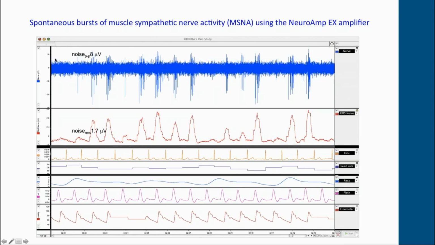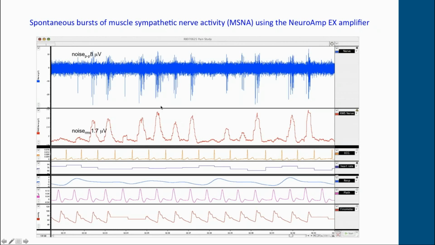It is a very, very low noise amplifier, and you can see here that the peak-to-peak noise is 8 microvolts. If we look at the root mean square process, this is a root mean square moving average with a time constant of 200 milliseconds. You can see that the noise level is below 2 microvolts. It is very hard to get lower than this because the background noise pretty much reflects the thermal electrical noise of the amplifier itself. So it's hard to get below this. The conclusion here is it's a very low noise amplifier.